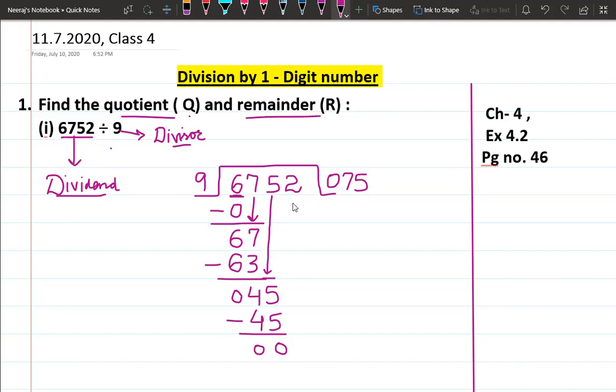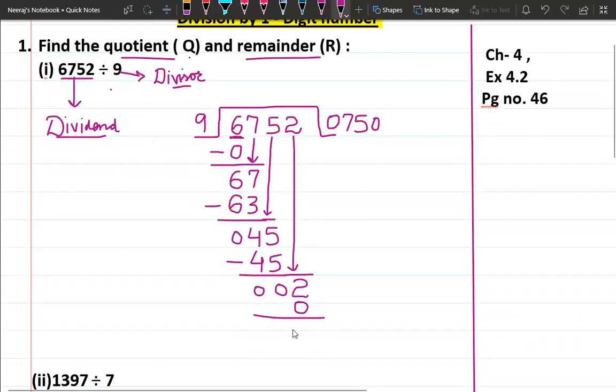After it, we are left with 1 digit, that is 2. Just bring it down. When you bring it down, it doesn't mean it is your remainder, right? You have to do one more step. Can we divide 2 by 9? No, we cannot, because 2 is a smaller number. So it will go with 0 again. If the number is smaller than the divisor, you divide by 0. So 9 zeros are 0. Your remainder will come 2 only. Now this is your answer.